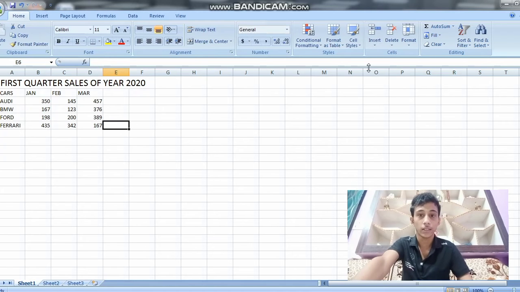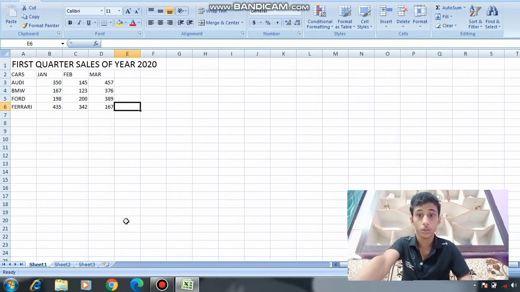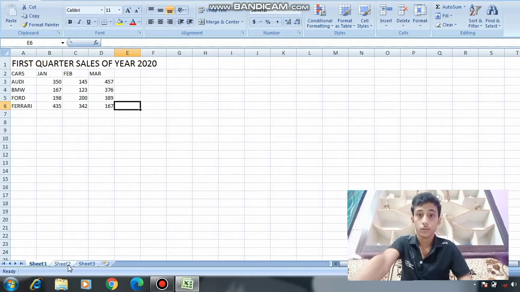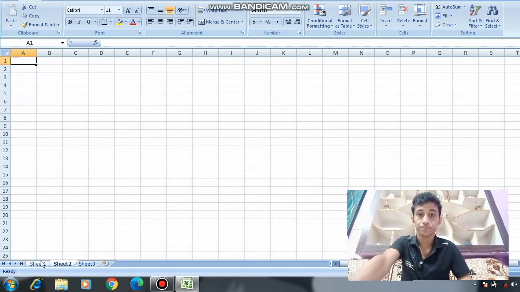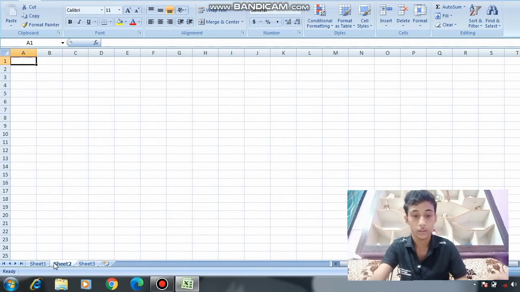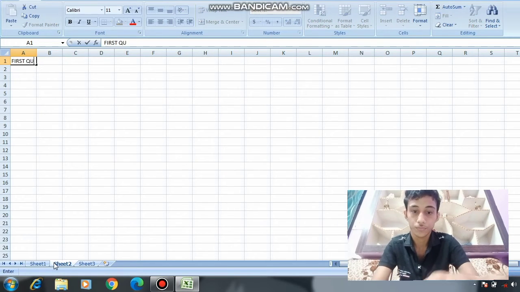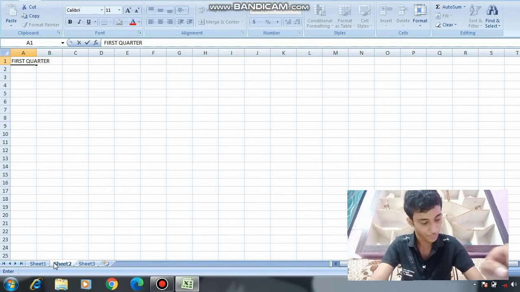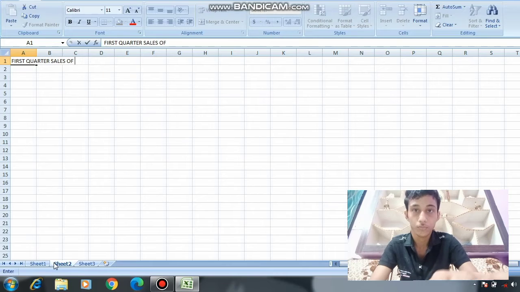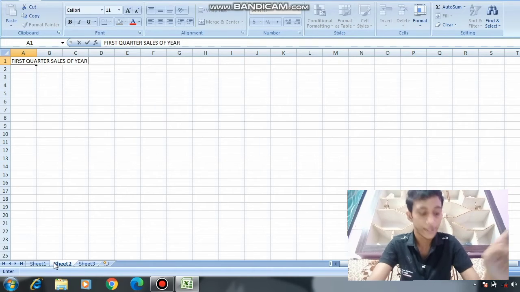Then we will make another table in sheet 2. Twenty 21.